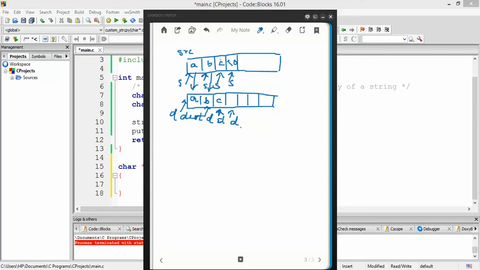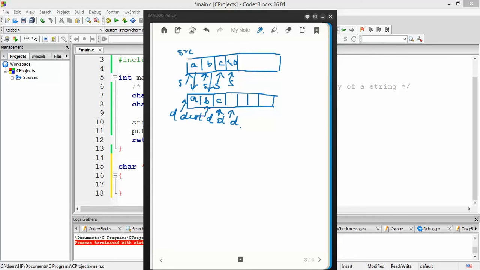So now we are done with copying all the characters from the source string to the destination array, and the condition at which we would know that we are done with copying is when S points to the null character.